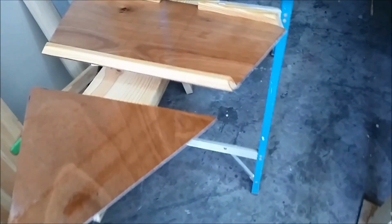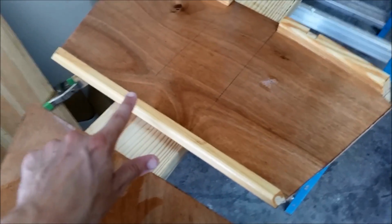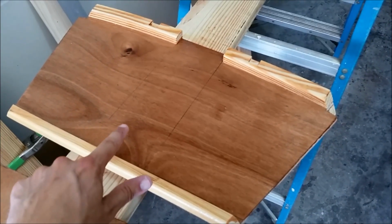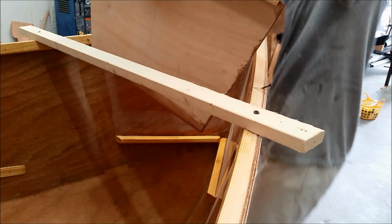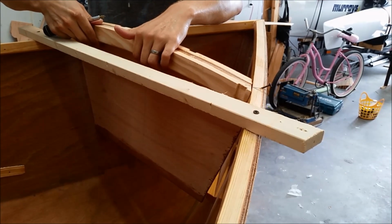And then this is also tacked off, so it's ready to be glued, and I'm going to put another coat of epoxy on this cleat on the tabernacle bulkhead, and then I'm going to go ahead and install the tabernacle bulkhead. Okay, here's the tabernacle bulkhead, and it goes in right here, and I've got some pencil marks to show me where it lines up,